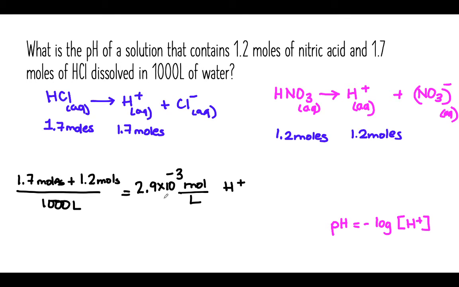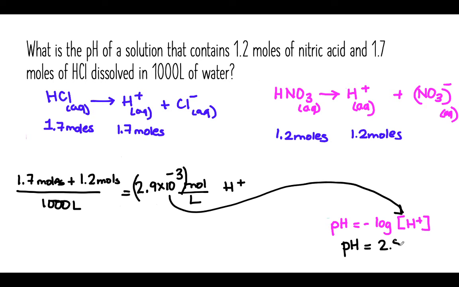If I take this value and sub it into this particular formula, and I do negative log of 2.9 times 10 to the negative 3, making sure that I'm putting brackets around any number that has scientific notation, I should get a pH of 2.5,